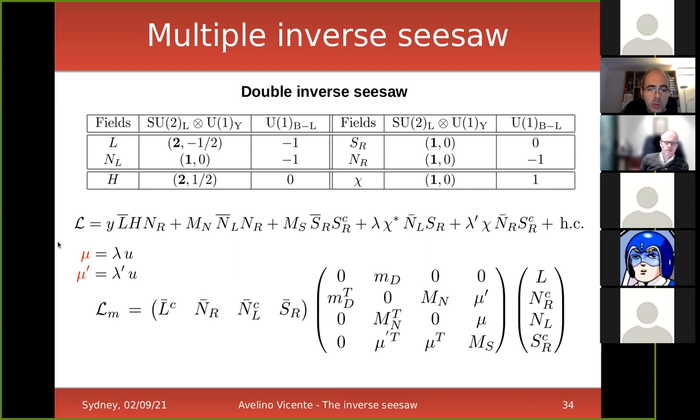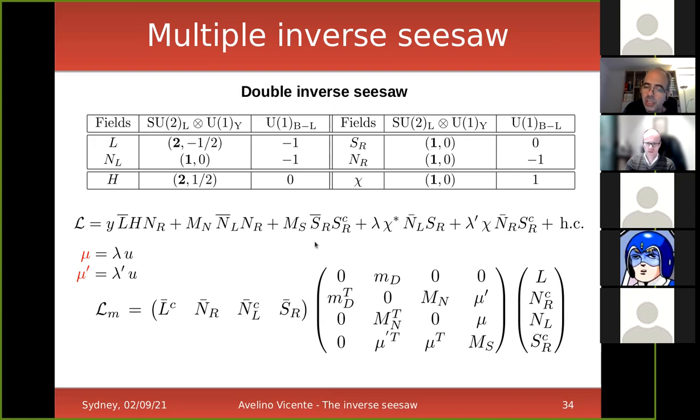When you do this, you end up with these additional terms in the Lagrangian. Again, you have some Dirac masses. In this case, a Dirac mass, sorry, this is Dirac, but this is Majorana. So you have a Dirac mass for the vector-like fermion and a Majorana mass for this additional fermion. This is allowed because it has a vanishing charge under B minus L, and of course under all the symmetries in the standard model. And you have these additional Yukawa couplings. Again, when chi gets a vev, you end up with a mu parameter, and actually you end up also with an extra mu prime parameter. And this is the structure of the mass matrix that is now larger because you have additional fermions.